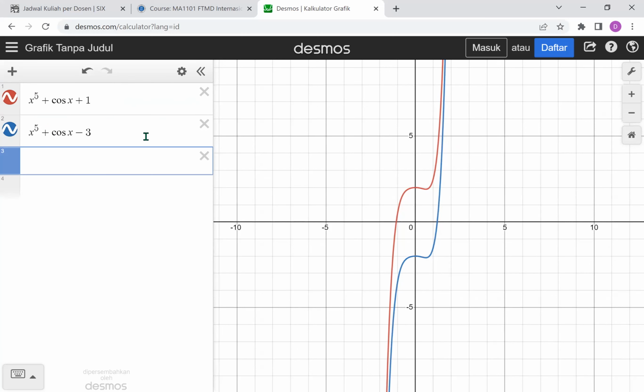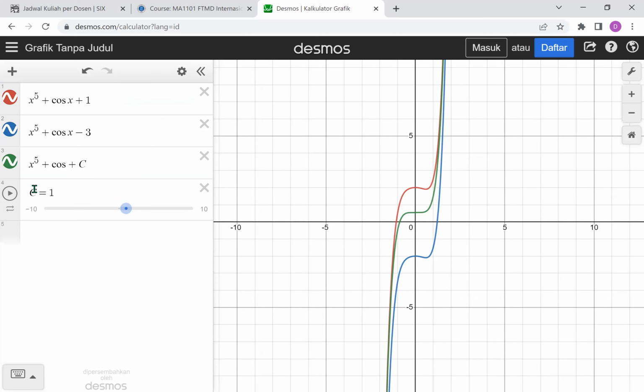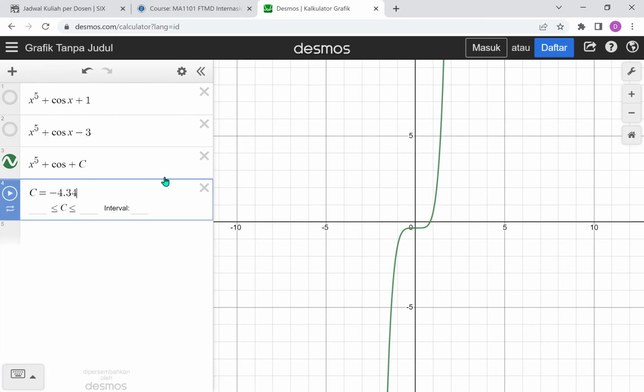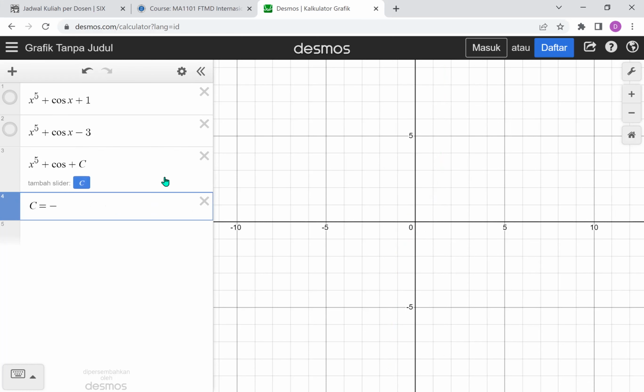Okay, and in general, there are so many solutions. For example, if you type any general C, let's say, if I turn this off first, then just take a look at the translation of the, for example,